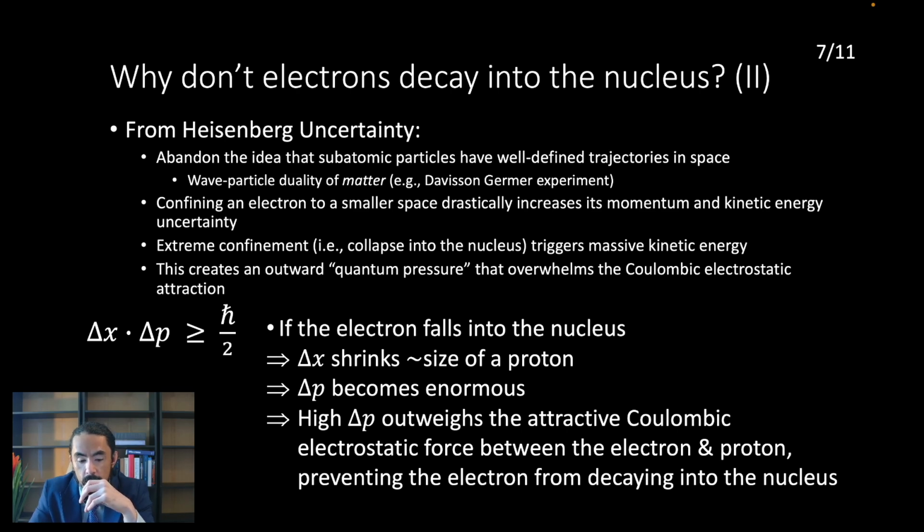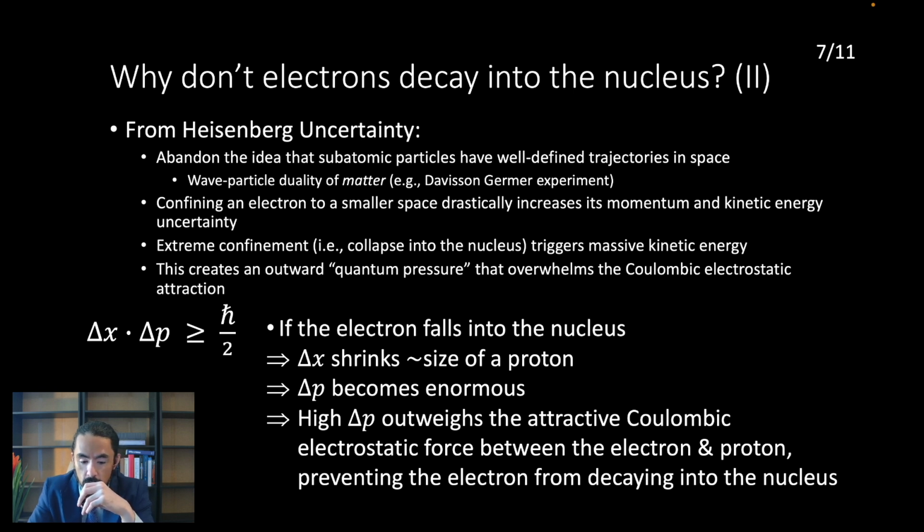Delta p is the uncertainty in the momentum of the matter energy in consideration. And then the product of these two uncertainties is greater than or equal to Planck's constant, h bar over 2. So when we consider this Heisenberg uncertainty relation in the context of an electron falling into the nucleus, then in